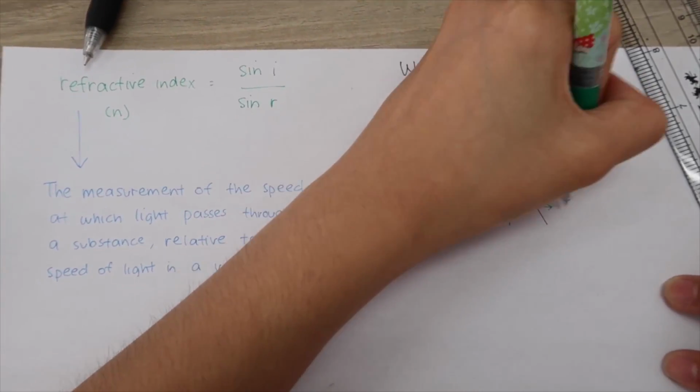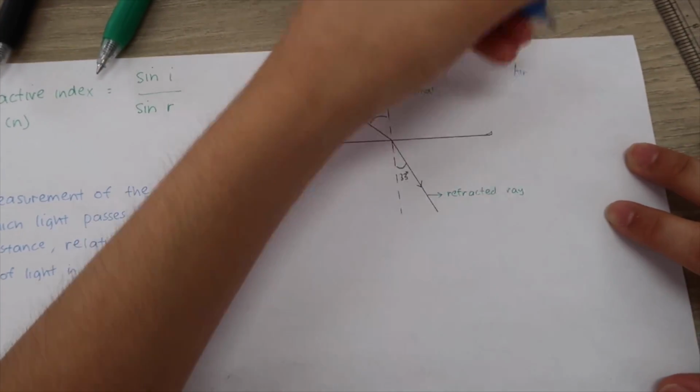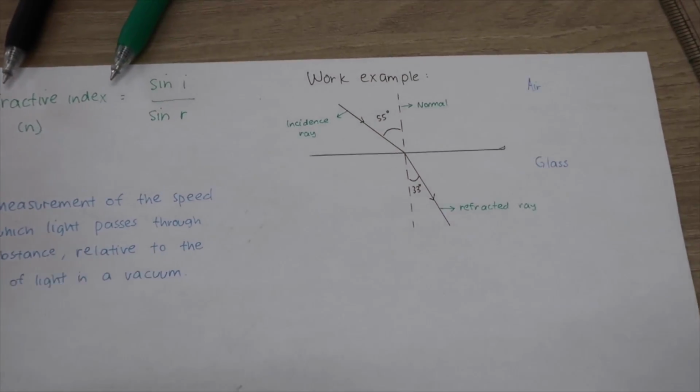So there are three steps we should do to find out the refractive index. The first step is to work out the sine of angle i. Sine 55 equals to